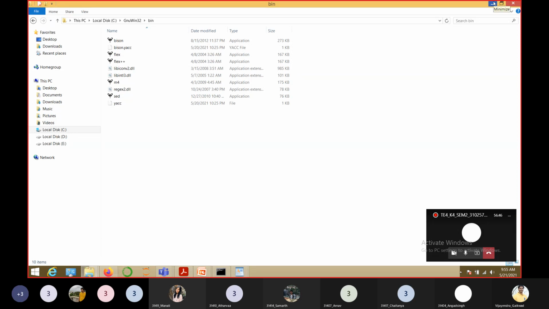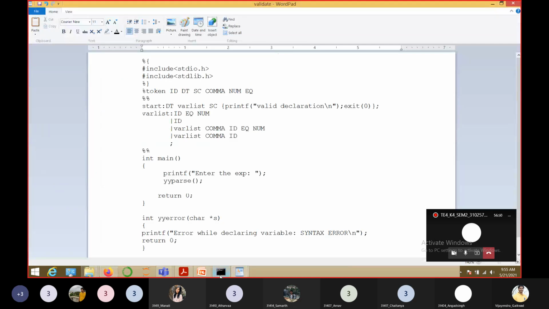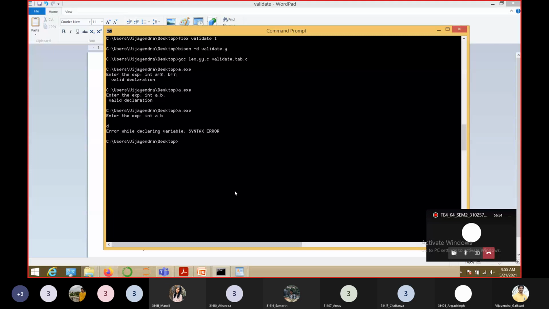Now, once you are done with this, go to command prompt, and then we will type. Firstly, we will compile our lex file, the .l file. What was the name? flex validate.l. Then we will compile our yak file.